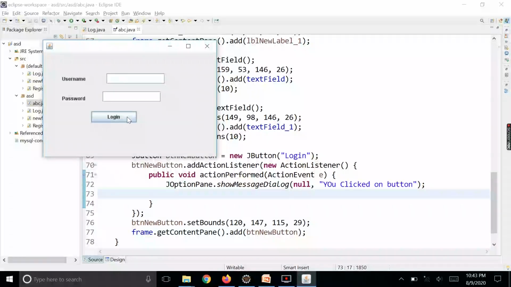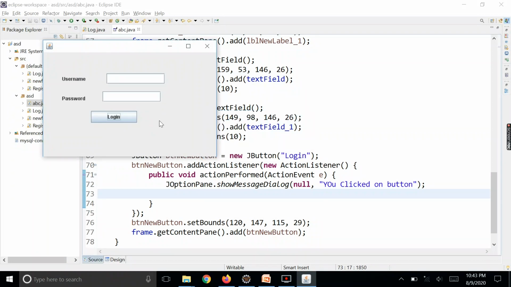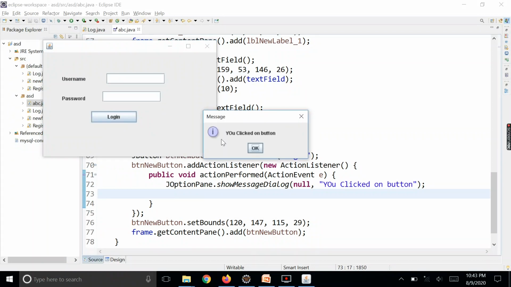So this message window is JOptionPane showMessageDialog, and if you click on OK, the message will disappear. So this we have for the login action.